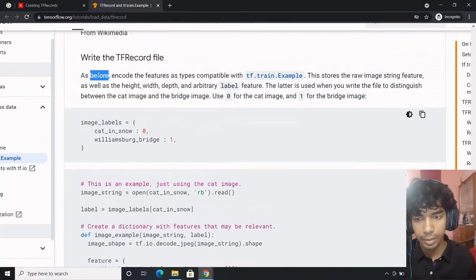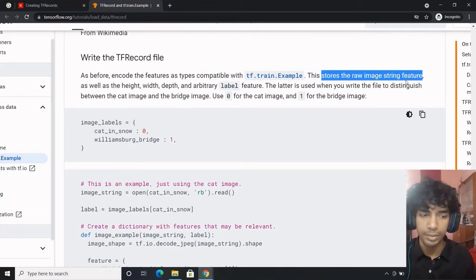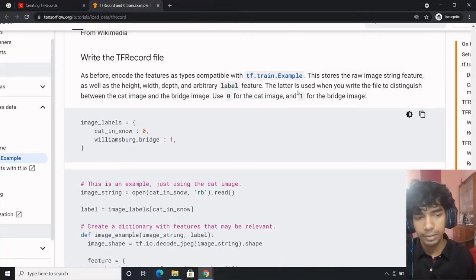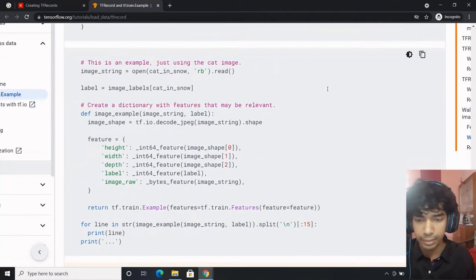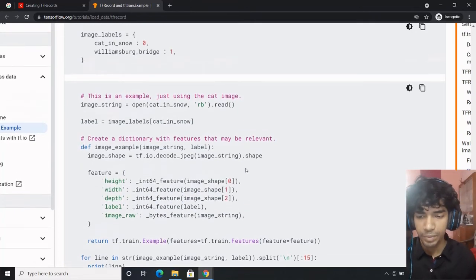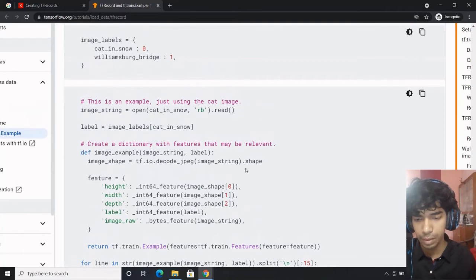So as before, encode the features as types compatible with tf.train.Example. This stores the raw image string feature, as well as the height and width. So usually what we're going to do is store the string feature and the label, but they are trying to store everything. One aspect is what QuickML does: it stores the byte feature and the int feature label, but this is storing height, width, depth. You can also add those parameters, ultimately up to you.